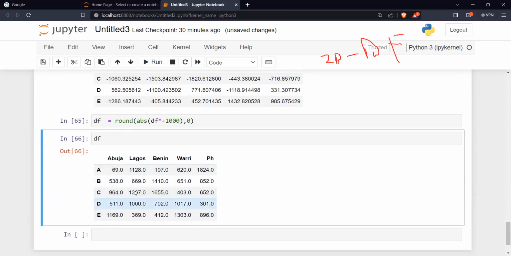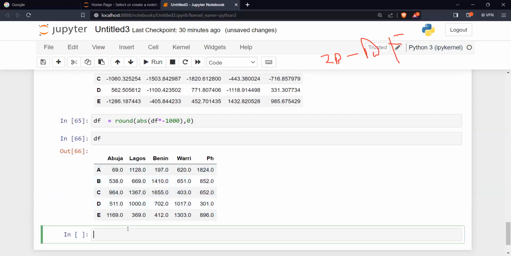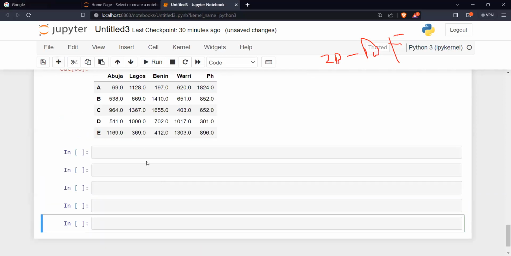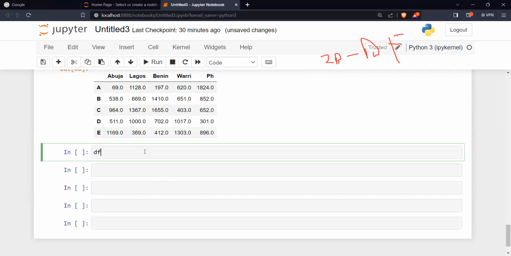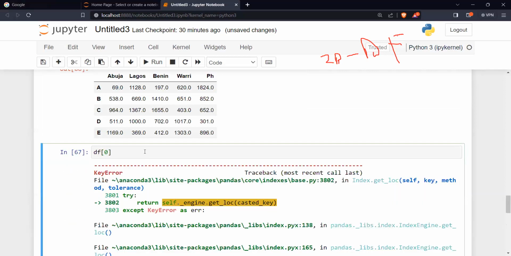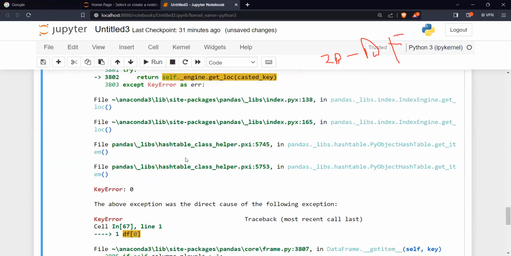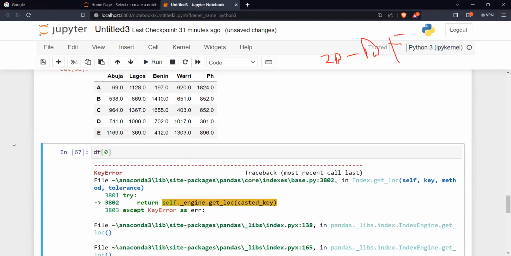Okay, so let's assume we have the data this way, right? So remember, we can extract, you know, we can slice it. Normally, we can slice by the index, right? Or we slice by the column name. So if I have DF0, you see, it doesn't understand what that is yet. But if I call it by the name, DF Abuja,